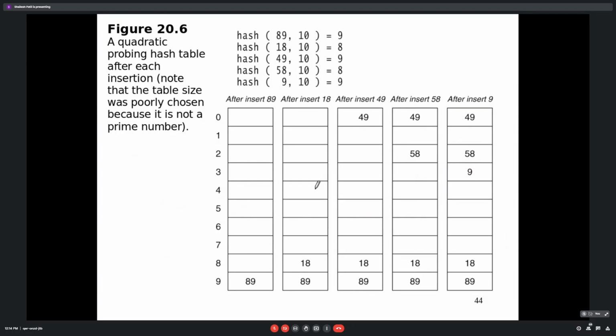So this is hashing with quadratic probing using the same example. 89 will be placed at this location initially, 18 at this location, and when 49 comes it will be placed at this location, but 58 will be placed like this. So some spaces will be left in between. Suppose a number comes as 21, that will help it find its proper position. So this will now be searched in O of 1 time. That is the benefit here.